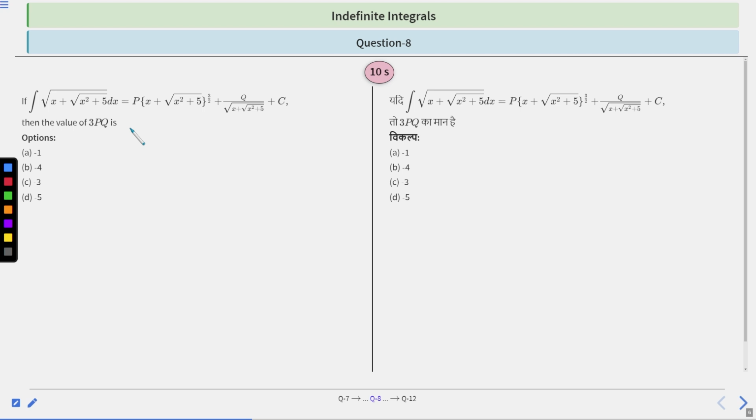Clear? So the hint of this question is how we can approach this question. We can try to do some substitution, right? If we apply some substitution, we will definitely reach the answer, or we will take something common. Most probably, substitution will be the right choice. Clear? Okay. So you have 10 seconds to think about and solve this question. After 10 seconds, we will discuss the solution.